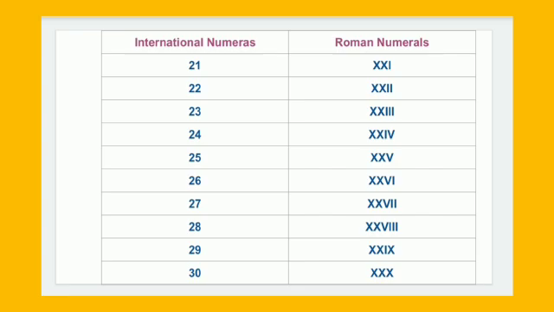Now students, you understand how to write down numbers from 1 to 30. It is very easy. If you know how to write down 1 to 10 numbers, then you can easily write the remaining numbers. If the numbers are 11 to 20, you have to put X before the 1 to 10 numbers. And if you have to write down 20 to 30, then you can observe in the last table, we put XX before the 1 to 10 numbers. Got it?